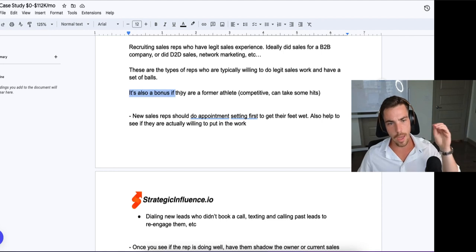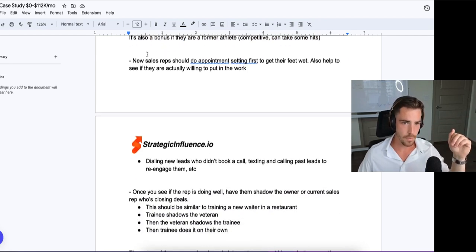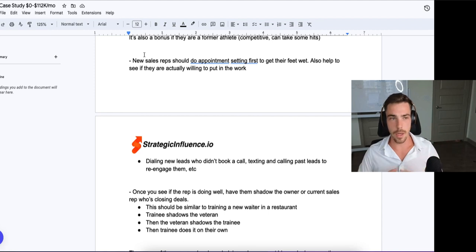It's also a bonus if they are a former athlete, right? The reason is because they're competitive. They can take some hits. They can take some damage. Okay. They're competitive. They're athletes. Okay. Usually that is helpful. That's a bonus. Okay. What I like to do as well, because when you're doing sales recruiting,